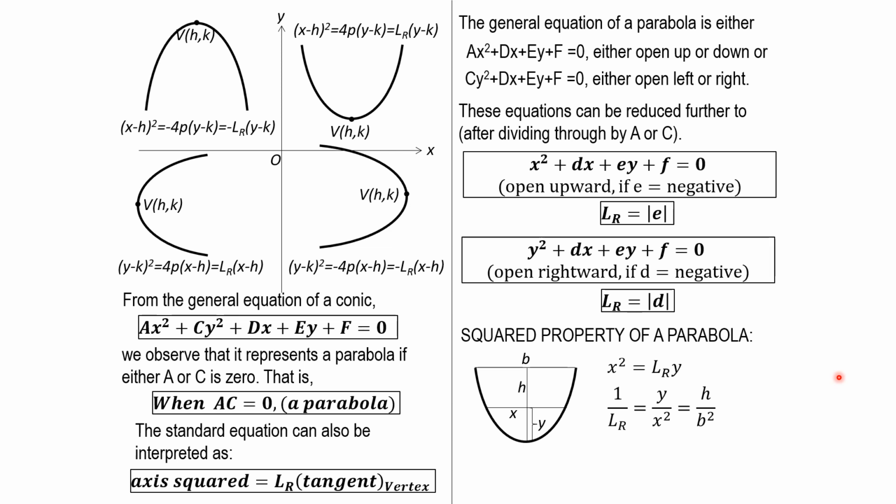So that is vertical as to the square of horizontal equals another vertical element of the parabola as to the square of horizontal. So that is the squared property of parabola. Also, in other words, y over x squared equals h over b squared. We can also use half of x and half of b. So in other words, we can also have y over x over 2 quantity squared equals h over b over 2 quantity squared. So that's the other way around.